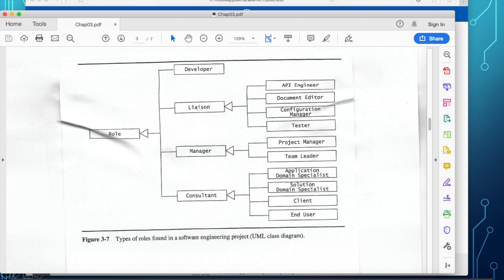Okay, liaison, the manager, and consultant. So here is the generalization of liaison to an API engineer, a document editor, a configuration manager, and the tester. The configuration manager, if you don't understand that particular class, has to do with repositories. GitHub and Bitbucket are your